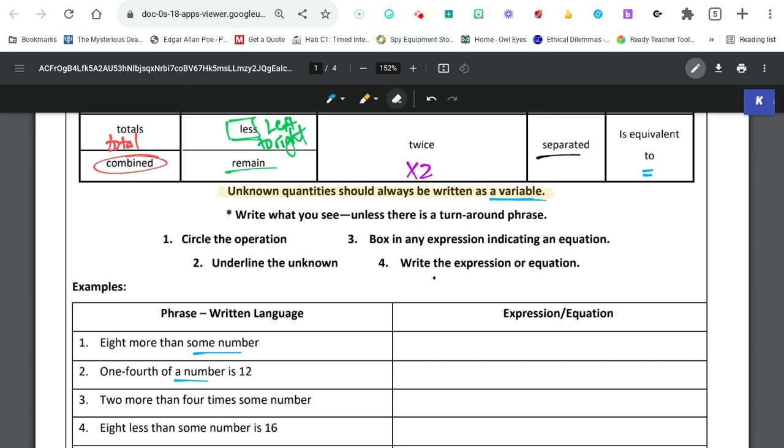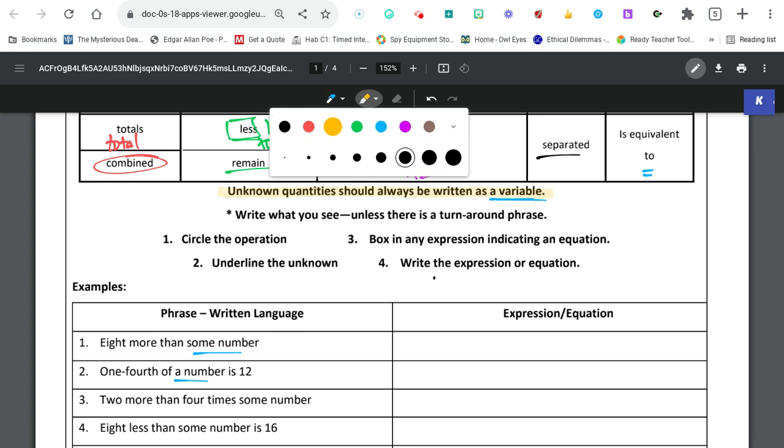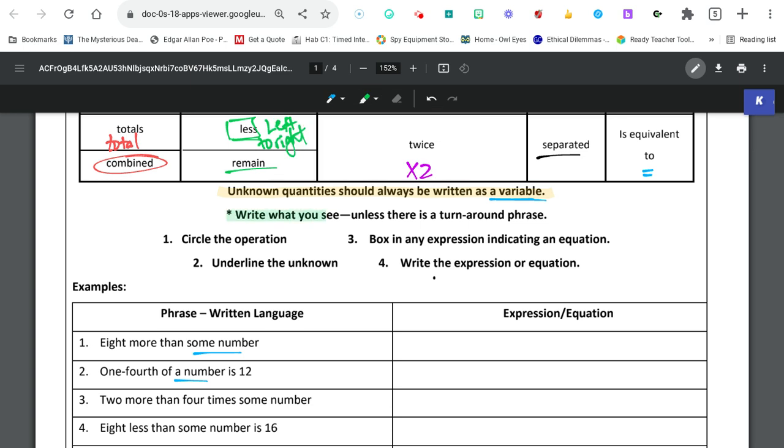All right, another important thing. Write what you see. In other words, when I say write what you see, you're going to write it from left to right, just like you're reading a book. But there's an unless part. Unless,